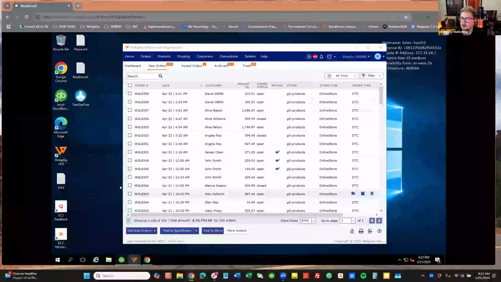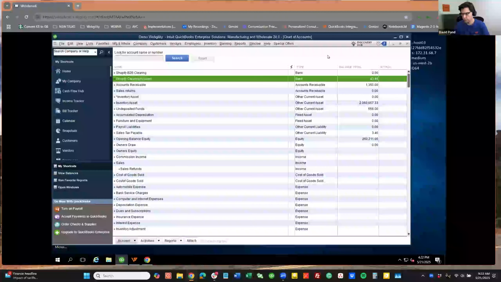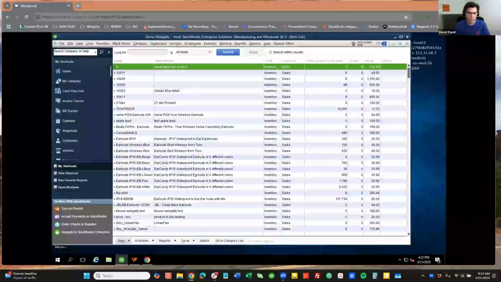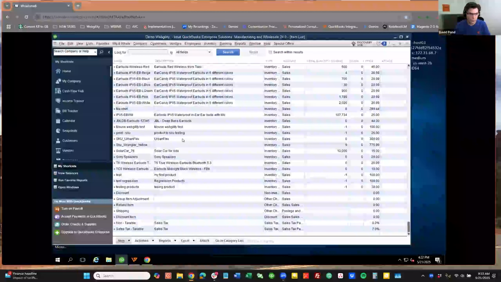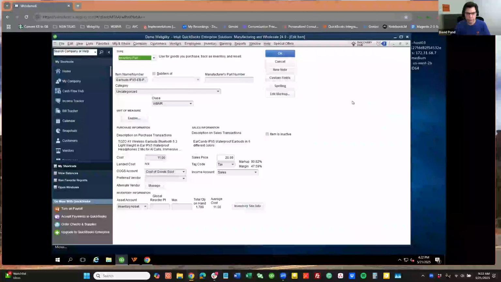Perfect. Another thing I get asked about is the profit and loss statements in QuickBooks. That links up with your products. Some people are saying that their product itself is in QuickBooks, but if you want your profit and loss, then you have to have your cost of goods sold, your income sales account, and your inventory asset account. You receive the product into QuickBooks, the cost goes in with that, and then when we post